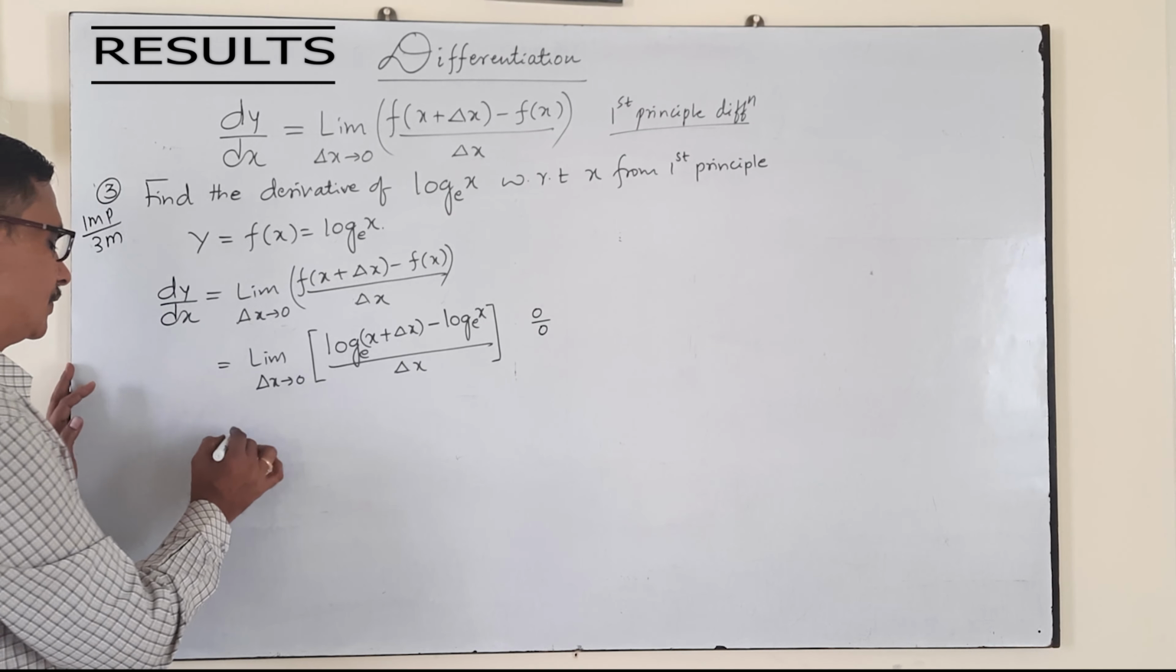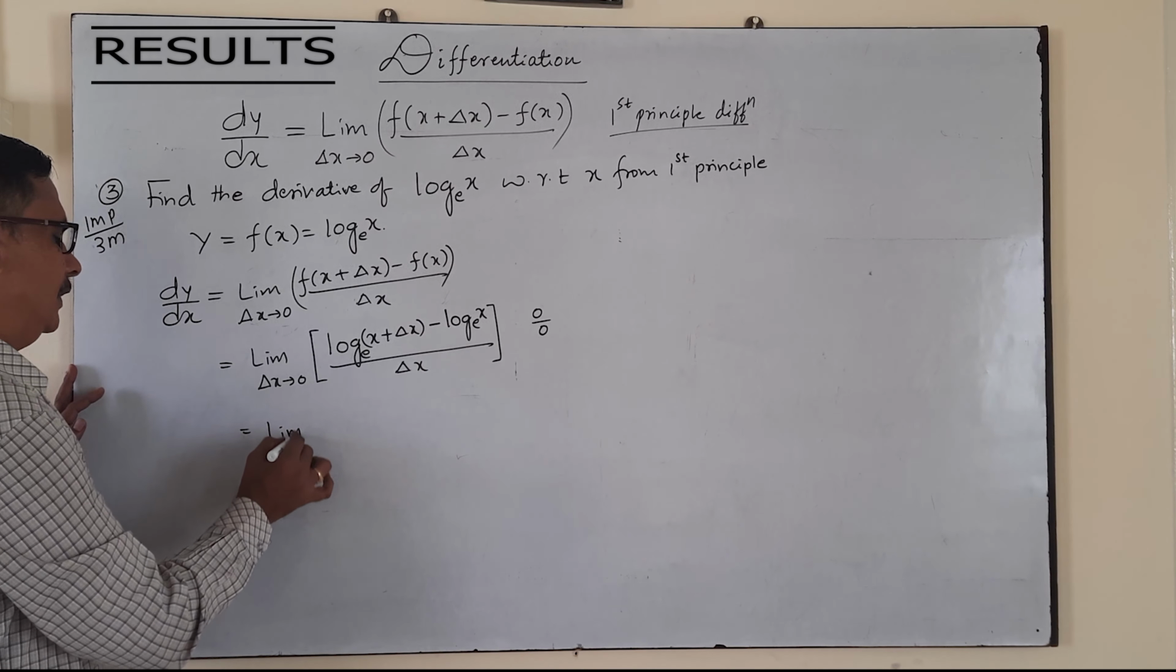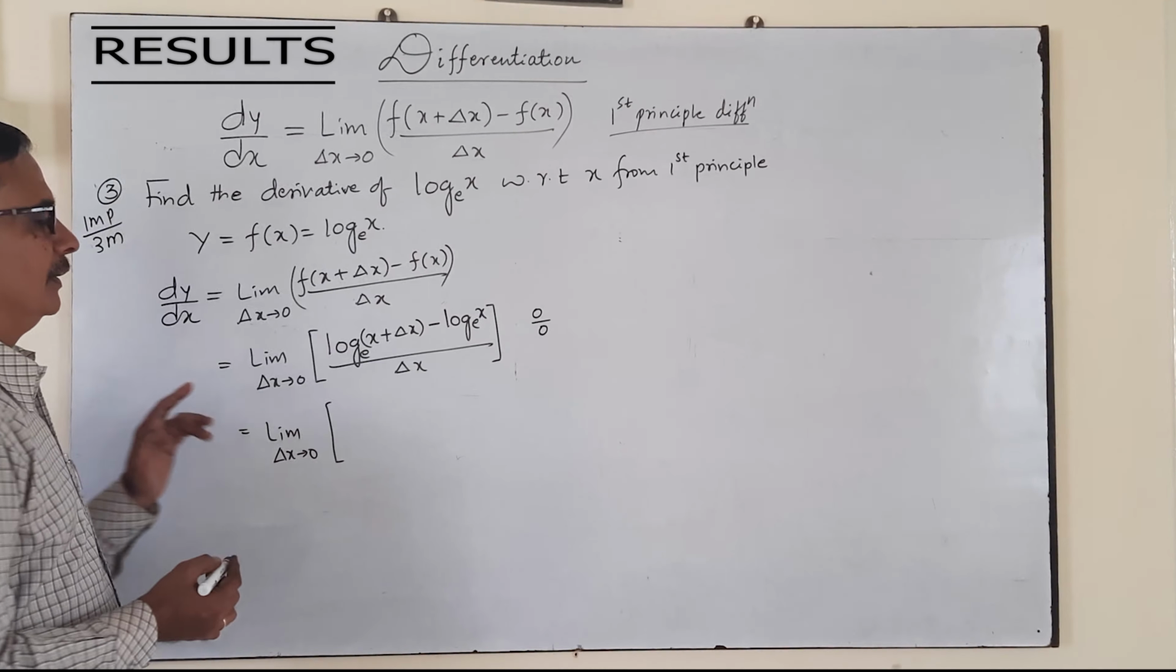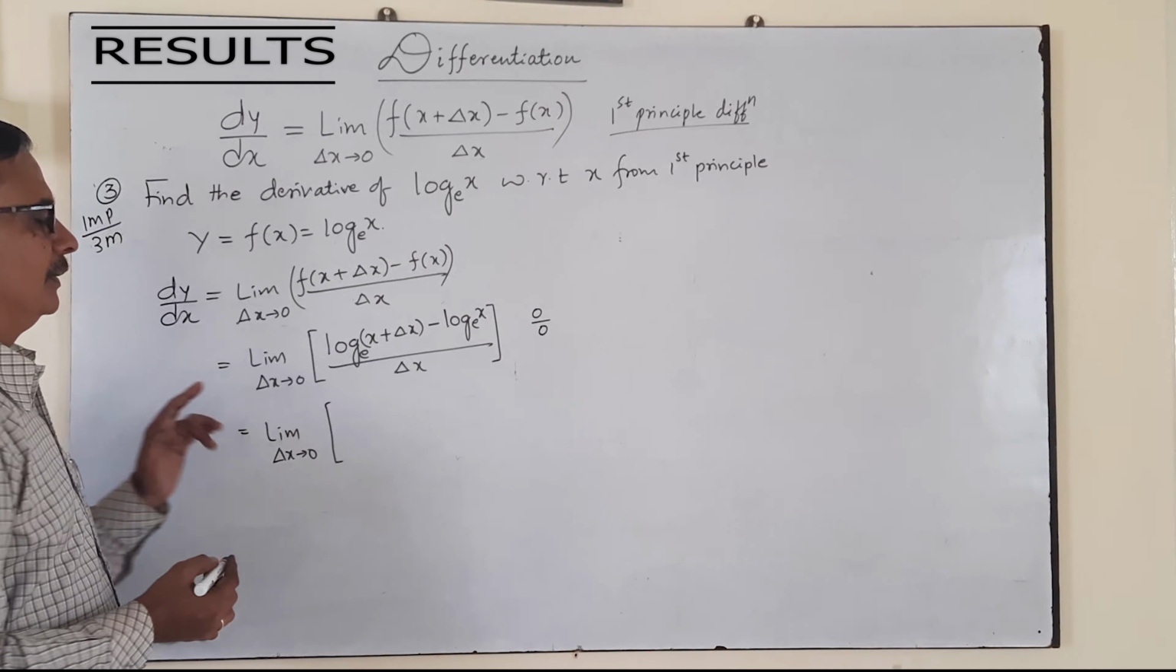Simplify. How to solve? That is equal to limit delta x tends to 0. Now before that you must know the laws of logarithm. I think you are learning physics, namely log m plus log n is equal to, remember that formula, log m into n. Log a plus log b is equal to log a into b. Log c plus log d is equal to log c into d,